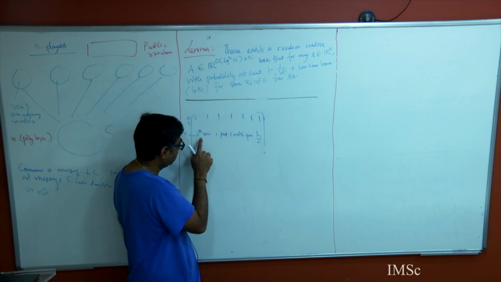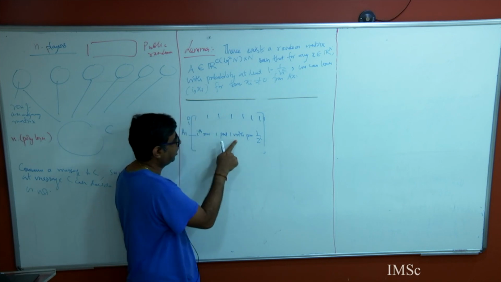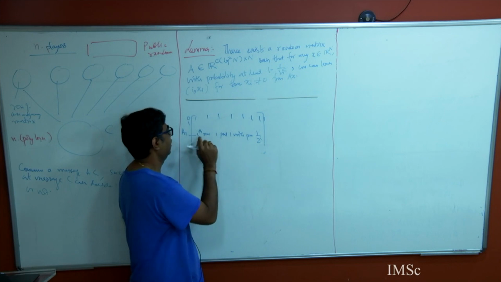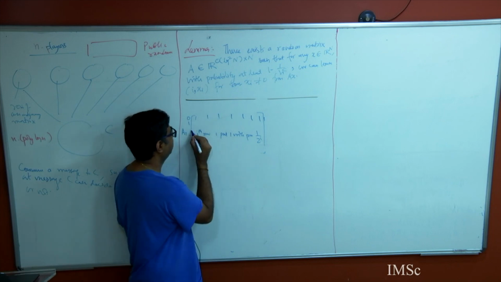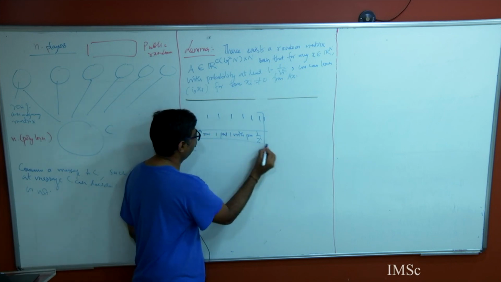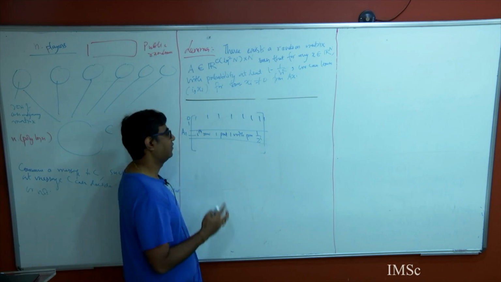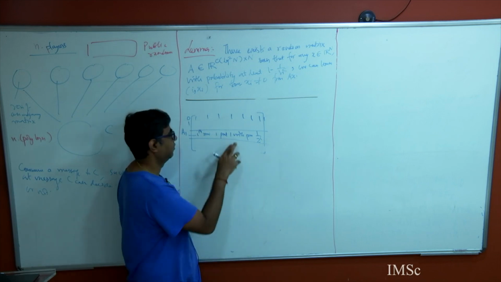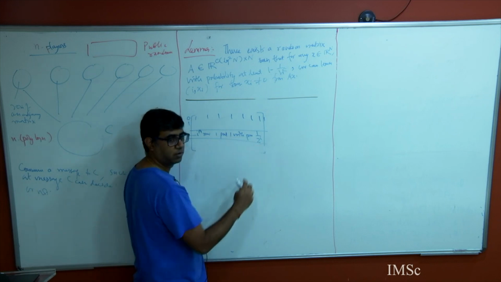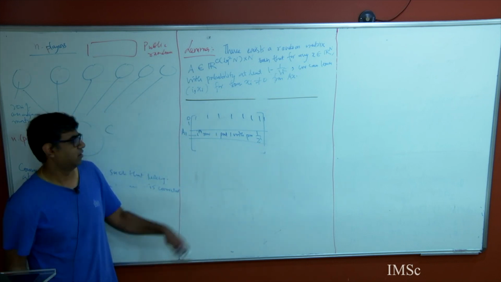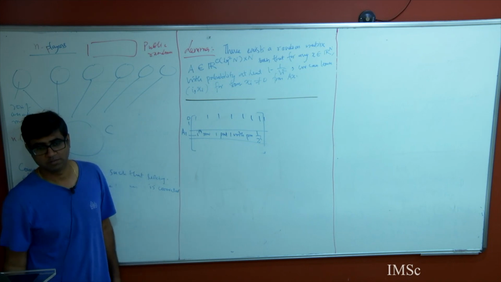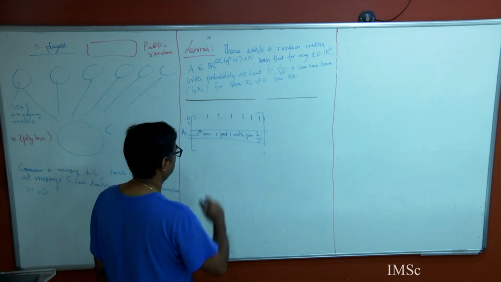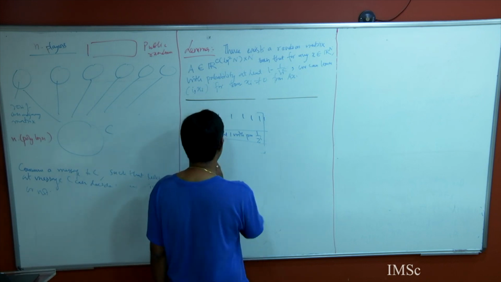Because I put 1 in the 0th row, I put 1 with probability 1 over 2 power 0, which is 1. Right? So what do I do? You can think of how I construct a row of this A1: I go to each entry, toss a coin with bias 1 over 2 power i, and if it comes heads, I put 1, I put 0 otherwise. Okay? So this is what our matrix was, the A1 matrix.